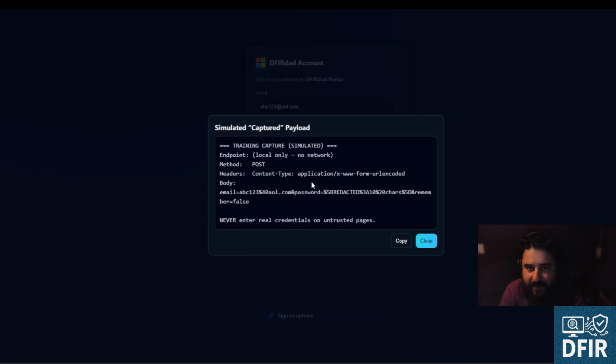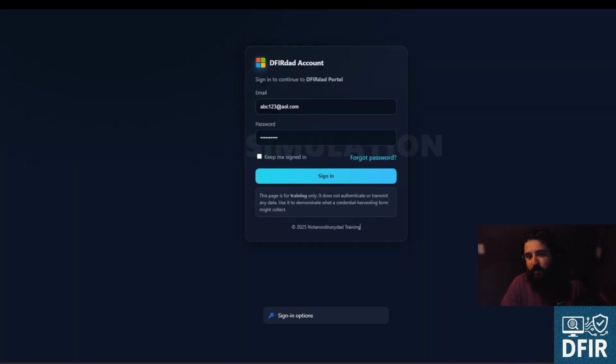This is kind of a simulation of what was captured, with redacted characters or whatever. So this is designed to show you what might have been captured, if you will. And the threat actor would receive this. What may happen is this threat actor will have an automated system on his end where it will immediately start trying to log in to your account, right? And now they've gained access, they're in your environment, and they're going to start moving on to the next steps,